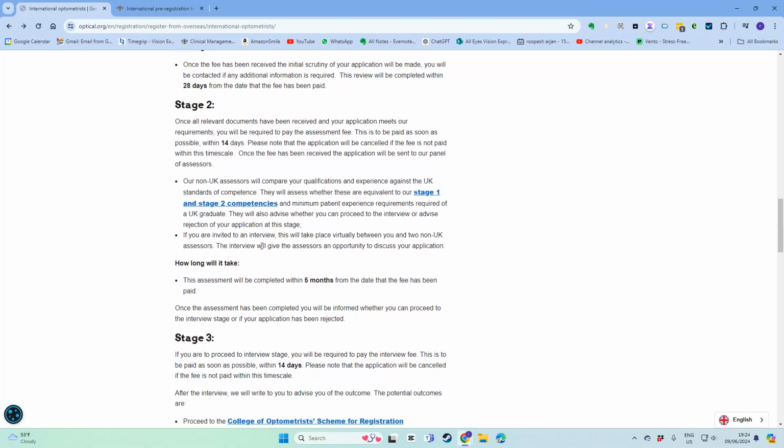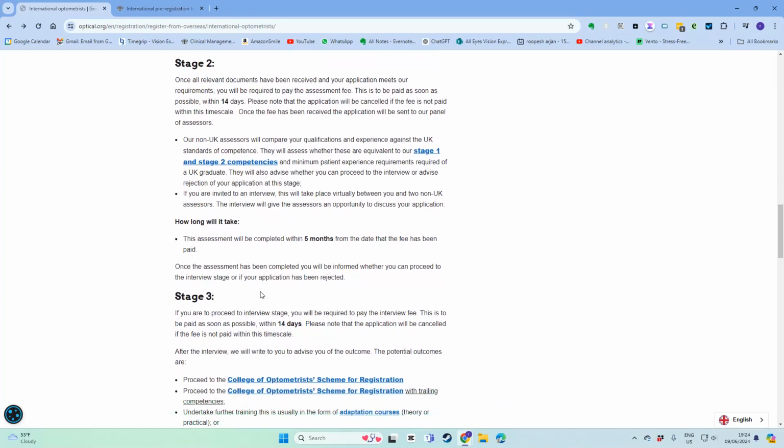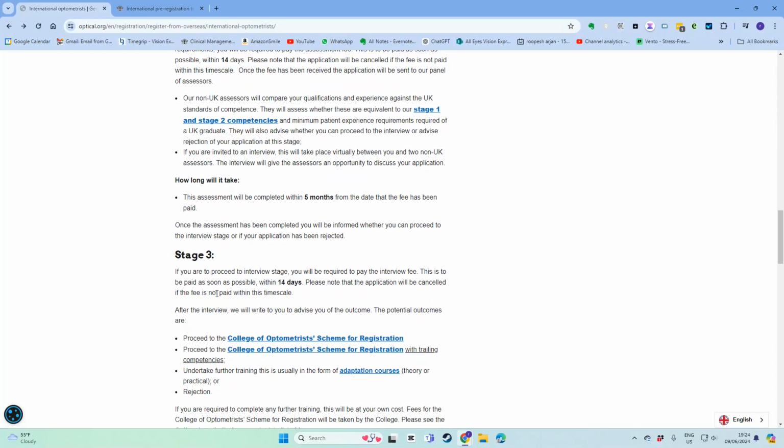If you're invited to an interview, that takes place virtually between you and two non-UK assessors. The interview will give the assessors the chance to discuss your application. The assessment will be completed within 5 months from the date the fee has been paid. If you are to proceed to the interview, you'll be required to pay the interview fee as soon as possible. And then there are some outcomes. After the interview, we'll write to advise you of the outcome. You can proceed to the scheme for registration